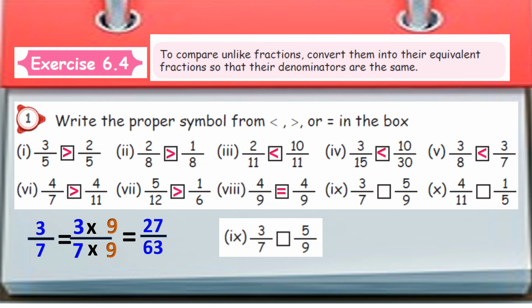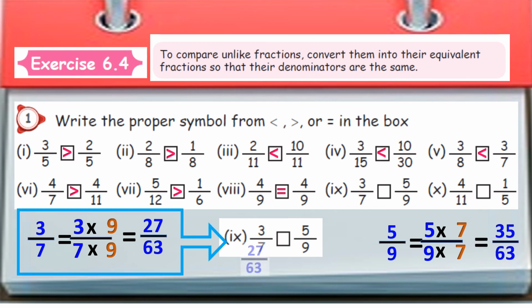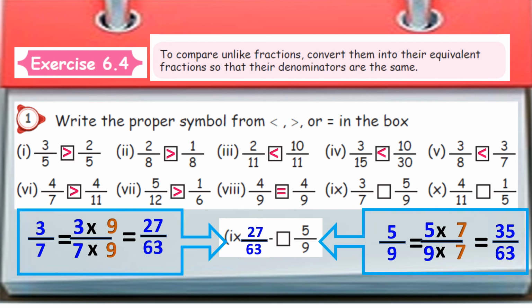As usual, let us select 5 by 9. Here we are going to multiply by 7. Clear? 7 by 7 means 5 sevens, so 35 by 63. That's it. Let us fix this, and here 35 by 63. Okay, now it's easy. So which one is greater? You know, isn't it? Yes, 35 only. So open the mouth that side. So 5 by 9 is the greater one.